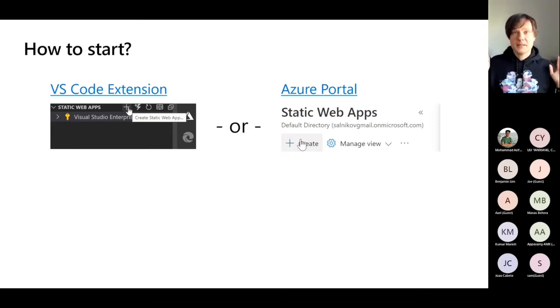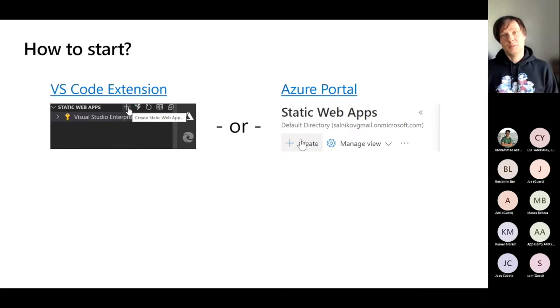So the simplest way is to install an extension for the VS Code editor. Yeah, for those who use VS Code, I see that it's very popular among developers. So maybe the majority of you actually have this as your main code editor, and you know that there is an amazing ecosystem of extensions. And Azure Static Web Apps has its own extension, so this will be super simple for you to start.